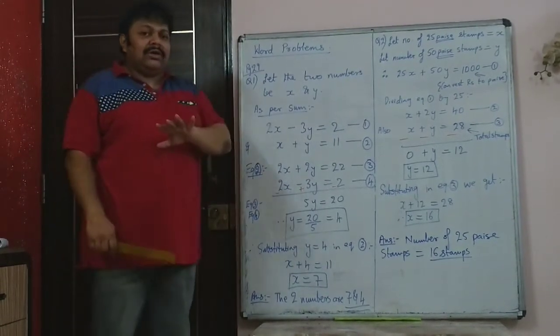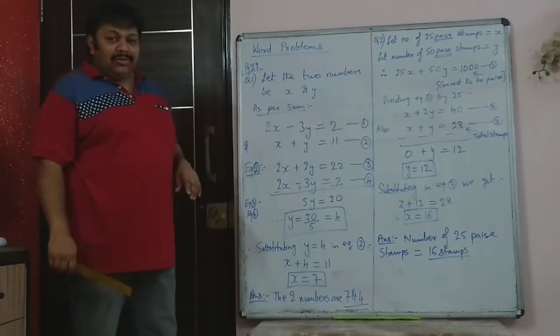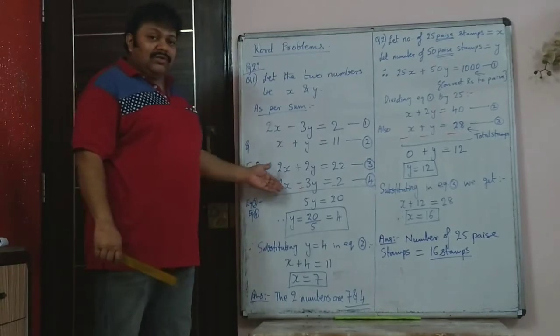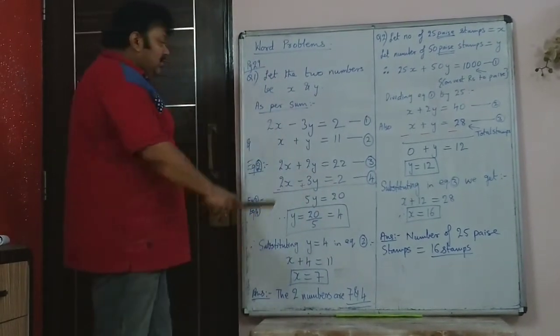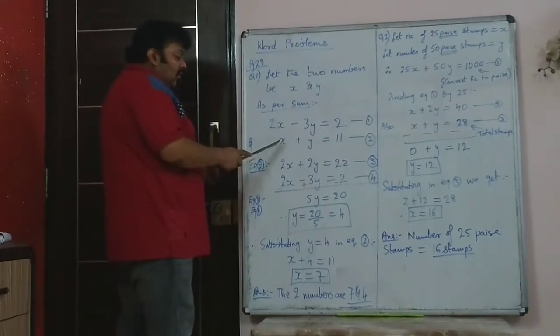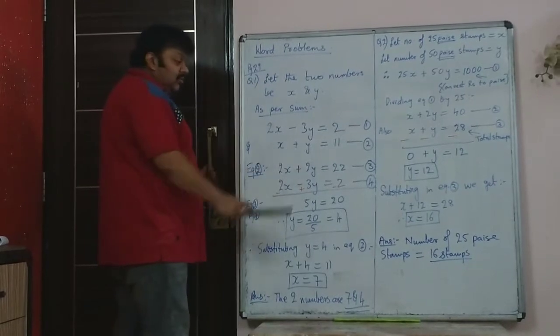And in this no one will tell you that you have to use cross multiplication or substitution or elimination. Generally, we equate the coefficients and eliminate the coefficients. So here, since there is a 2x and here it is x, so I can multiply second equation throughout by the number 2.